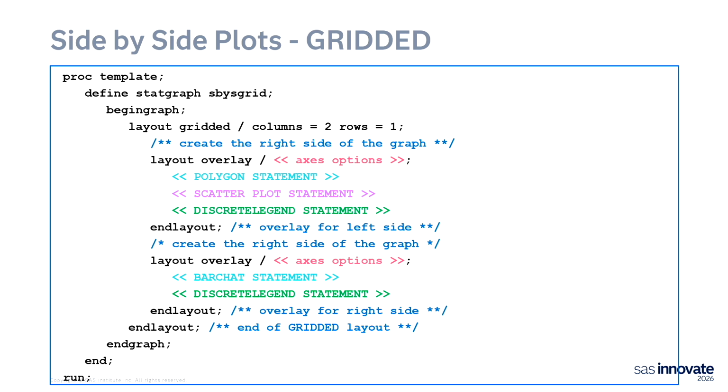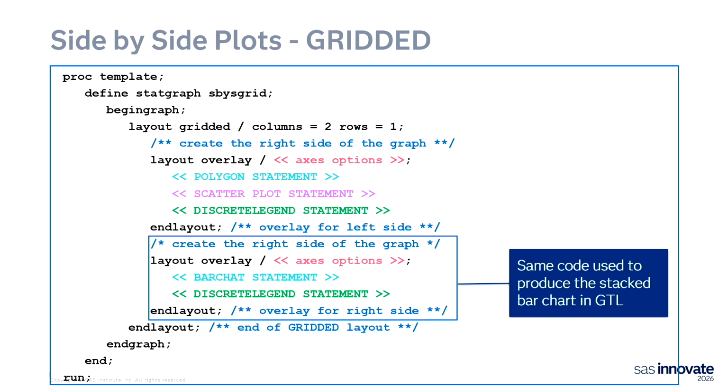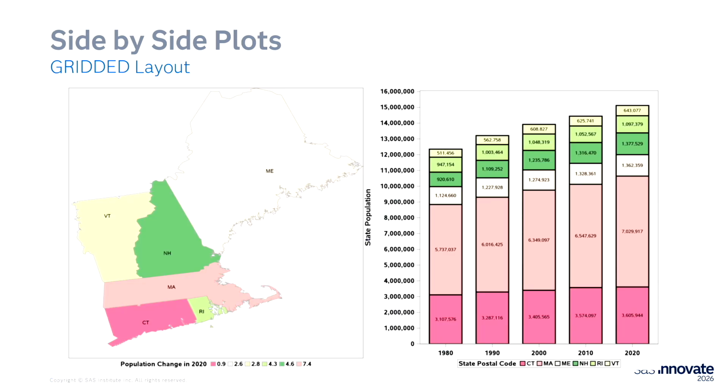Now, the thing that we needed to understand is that we have to take these two layouts and nest them in that layout gridded. Within layout gridded, we're indicating that we have 2 columns and 1 row. So that means we have 2 cells. If we would have said 2 columns, 2 rows, that's 4 cells. We only wanted the side by side, so two cells. And we have to specify that layout, as Louise had indicated previously. We have an in layout, in layout. Now this in layout goes to this grid all the way up here. And so we're just dropping all that code in there. And now we have this graph.